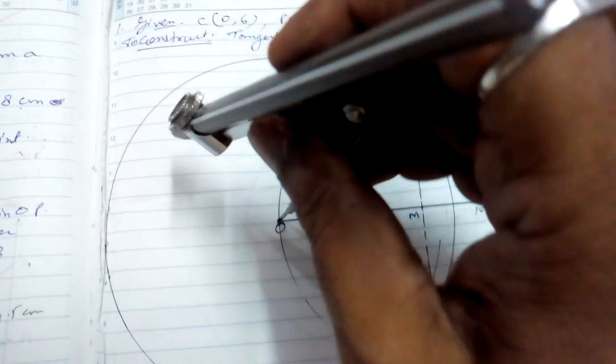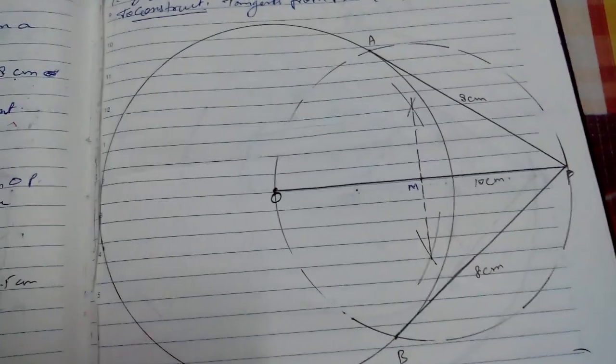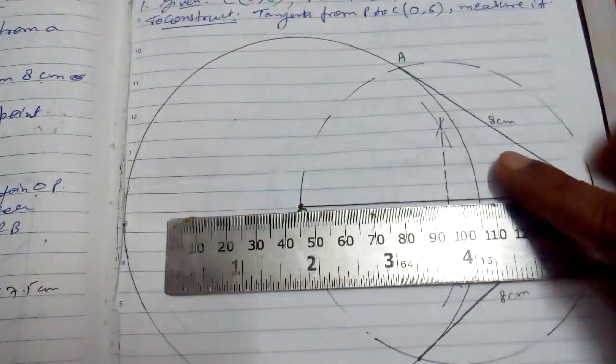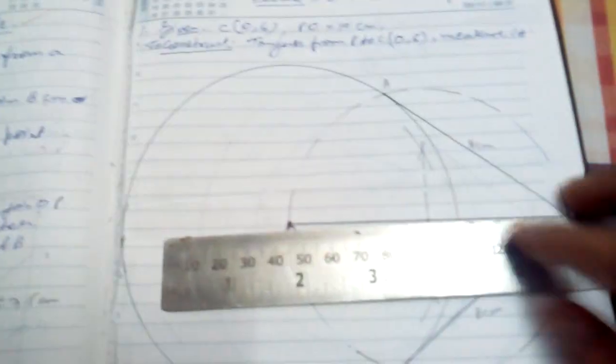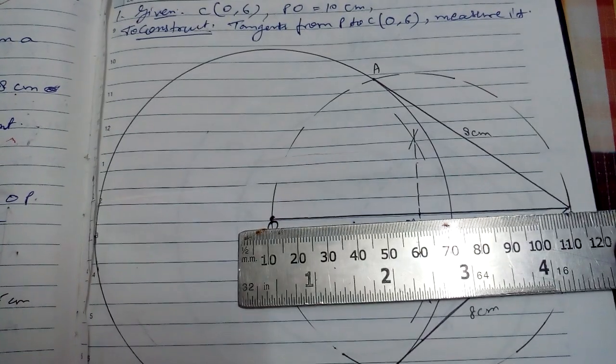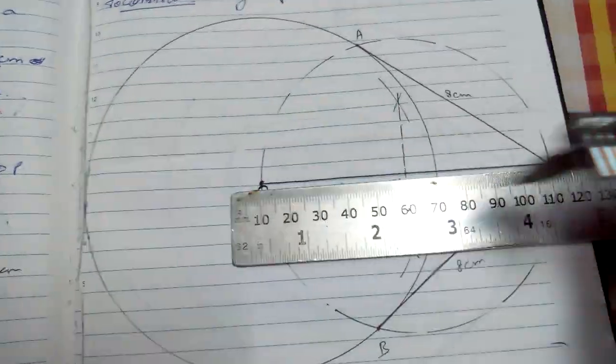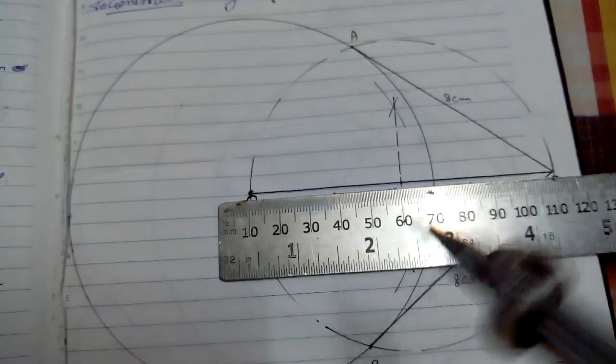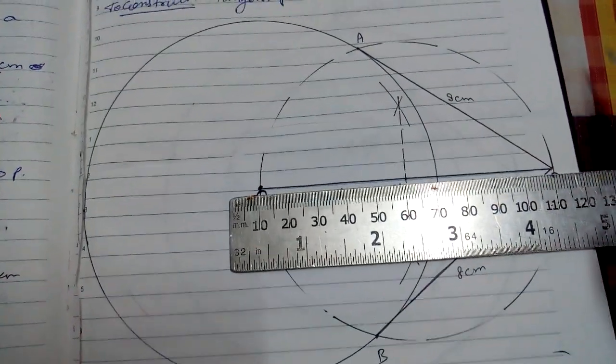C(O) means center, radius. So first of all, we take the center O and draw a circle, a very big circle because 6 cm is the radius. From the center you take a point, how many centimeters away? 10. So PO is 10, I have drawn a line. Take P. Again, with OP as a diameter you draw a circle.